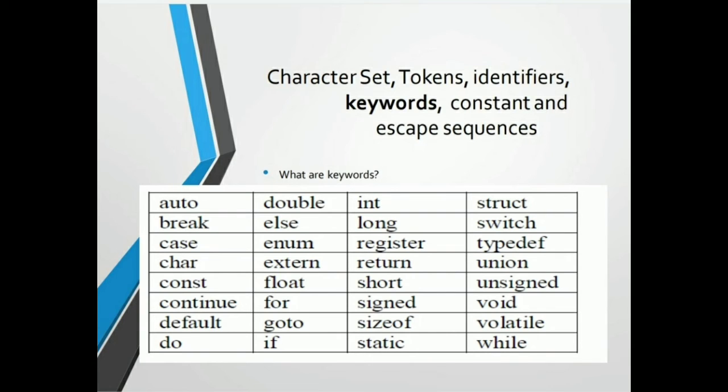Let us learn about keywords. Keywords are predefined reserved words used in programming that have special meanings to the compiler. Keywords are part of the syntax and they cannot be used as an identifier. As C is a case sensitive language, all keywords must be written in lowercase. There are a total of 32 keywords in the C programming language. They are shown in the PPT. Please pause the video and write down all keywords for your future reference.